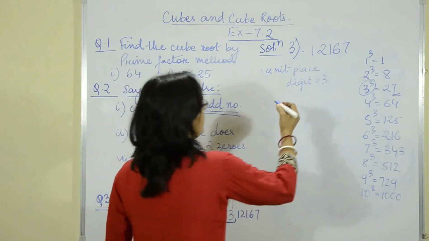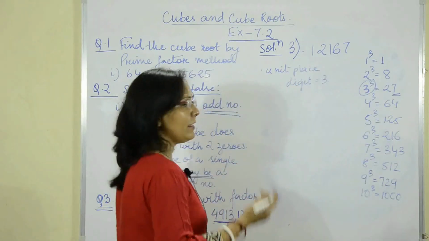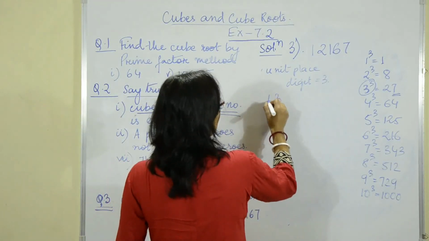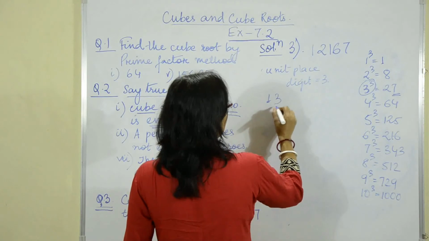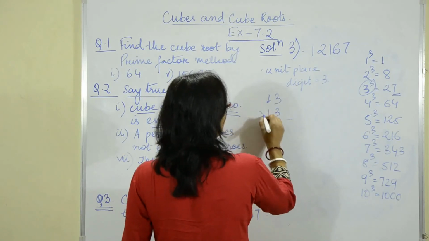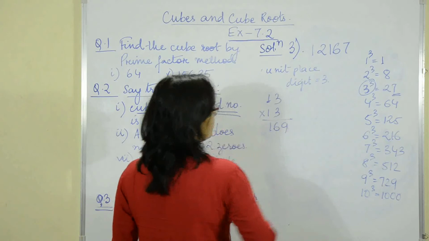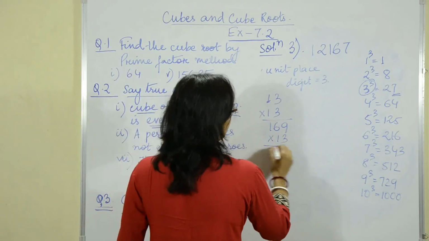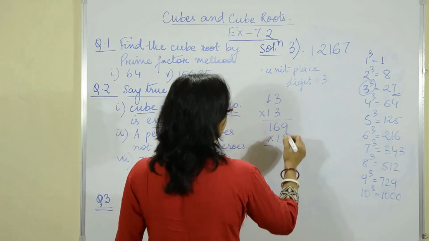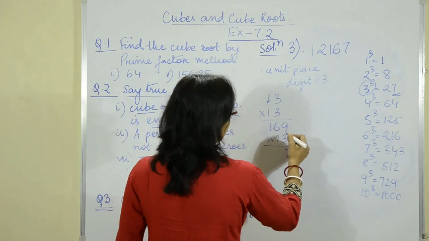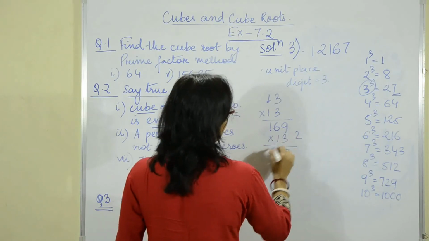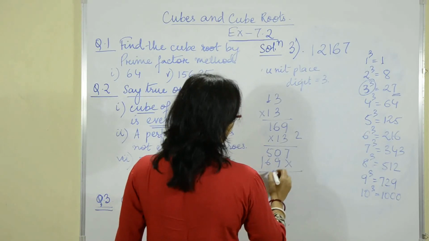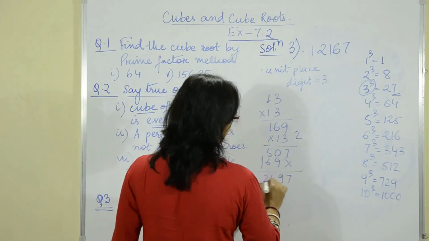Now, let us proceed. We need a tens place digit. So, as I told you, I start with 1. So, I will start with 13, taking 1. Now, I am trying to multiply 13 into 13, and we know that 13 into 13 is 169. You can just multiply and check out. And then 169 times 13, let us multiply to see what we get. 7, and then 18, 18 plus 2 is 20, carry 2, 3 plus 2 is 5, 9, 6, 1. And what we are getting here is 2197.